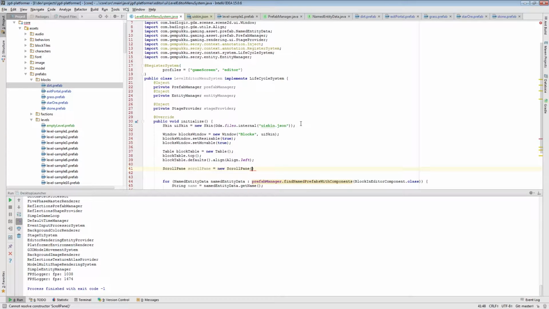Okay, and in the scroll pane, I'll be passing the blocks table and the UI skin. The table doesn't need skin because it's just a grouping container for stuff. You can provide it. Why not? I'll just do it. It won't have any impact really, but why not? Okay, and second of all,